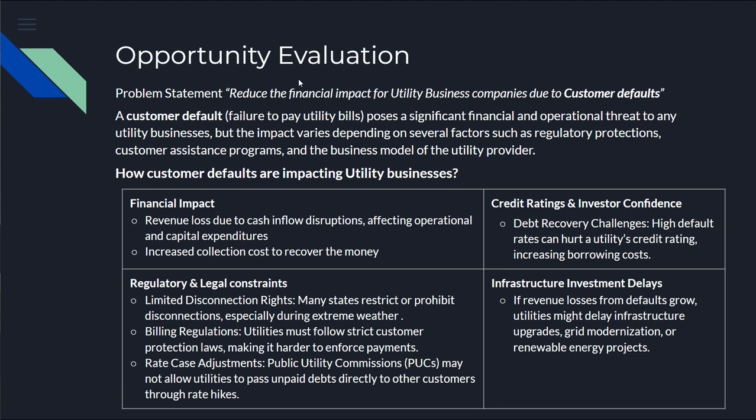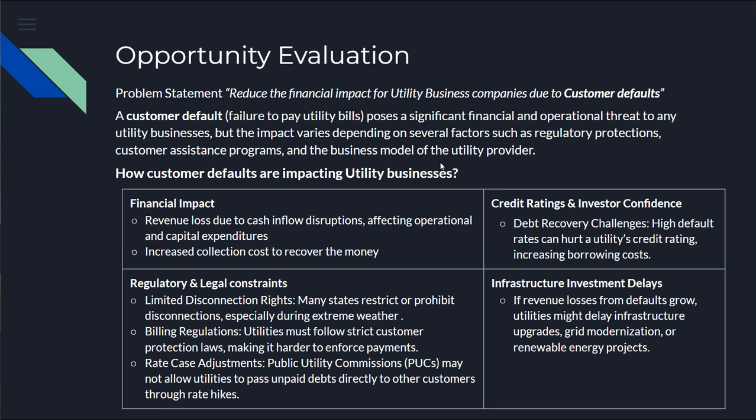Okay, so first we'll start with the opportunity evaluation. The problem statement is to reduce the financial impact for utility companies due to customer defaults. A customer default is a situation when a customer fails to pay the bills, and it causes a significant financial and operational threat to utility companies. But the impact varies depending on several other factors, such as regulations, customer assistance programs, and the business model